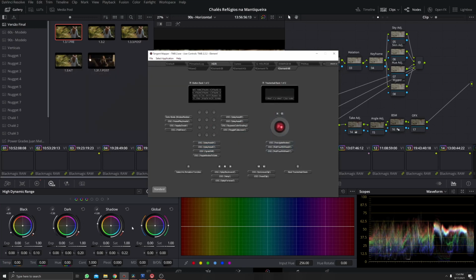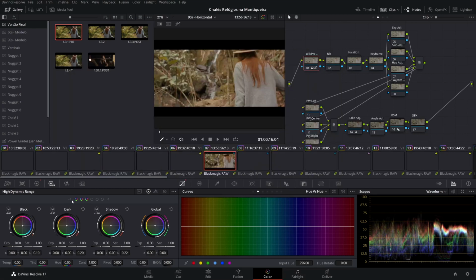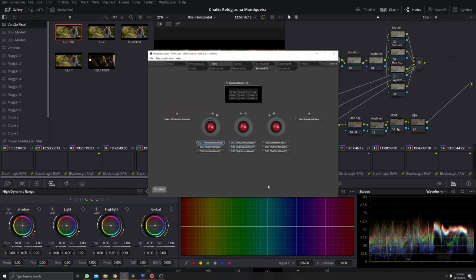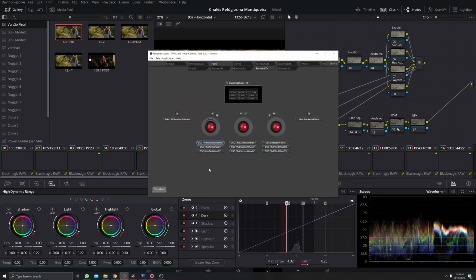On the MF panel, we have the fourth wheel here, the control on the trackballs. And the jog wheels will do some nice things because we don't have jog wheels here. So the first one will navigate between the wheels, so we'll change here, and this is different because on the wave panels are buttons, and here we're gonna turn the first jog and we'll navigate between these color wheels. The second jog wheel will control the max range, and the third one will control the fall off, so you turn the jog wheels here.